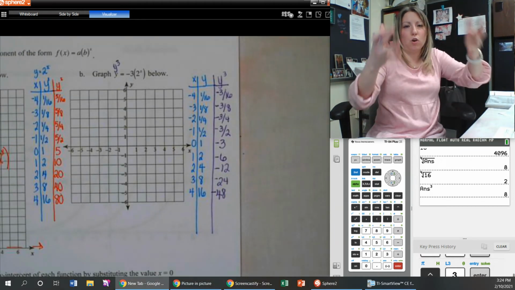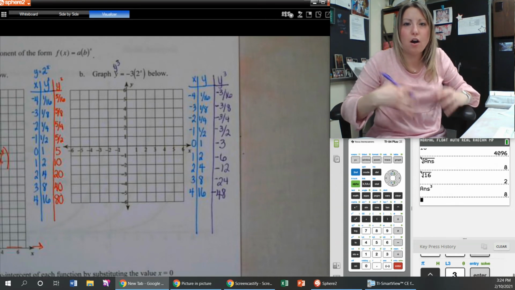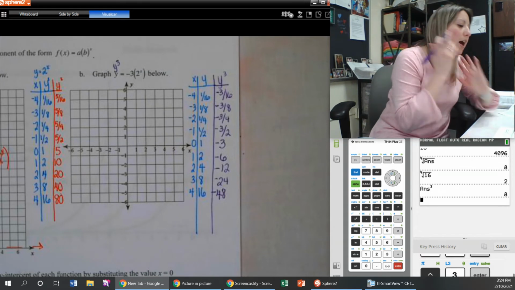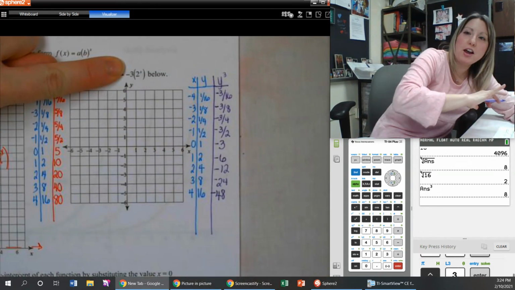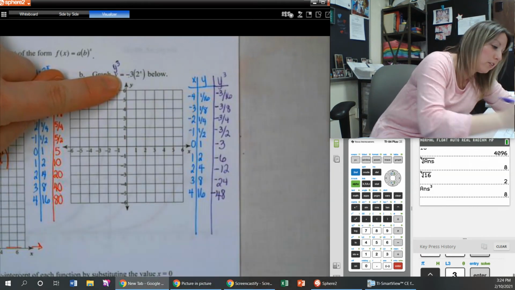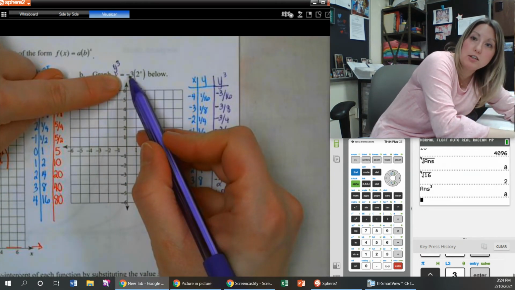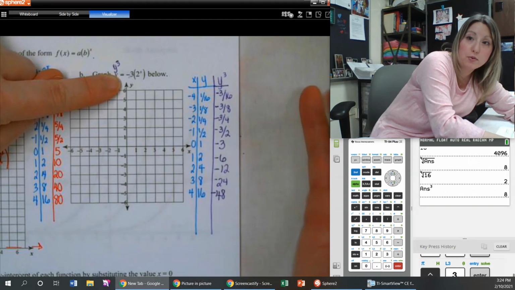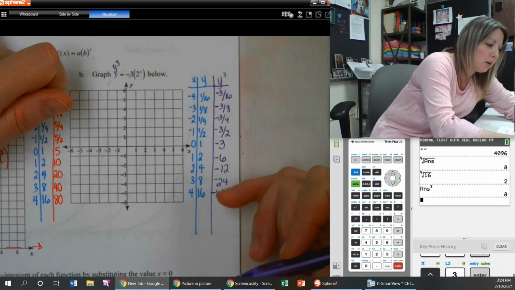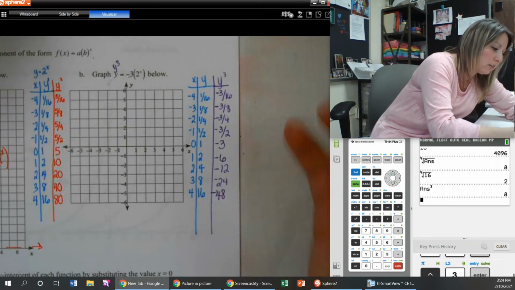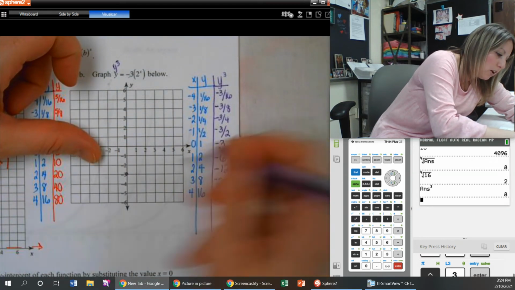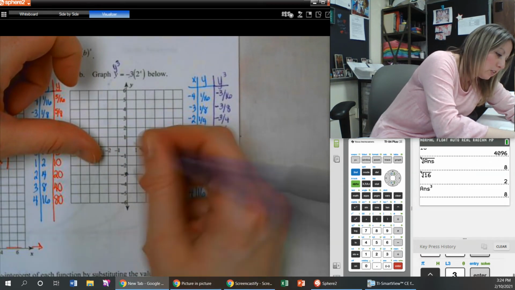So notice we're on the other side of the x-axis this time. Those are negative y's. So the fact that this was negative flipped my whole function over the x-axis. And that makes sense because when your a value is negative in a parabola, it's frowny face. When your a value is negative in an absolute value, it's an A shape instead of a V shape. That makes total sense. So I'll graph the two integer points that I can, 0, -3, and 1, -6, because